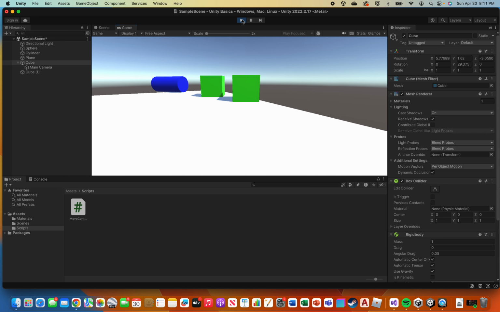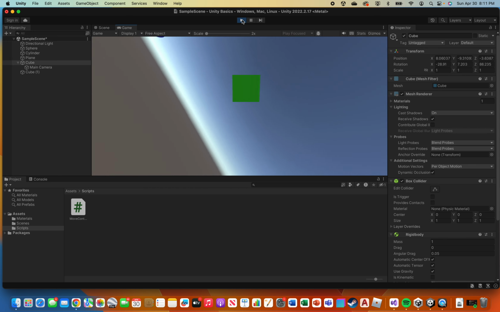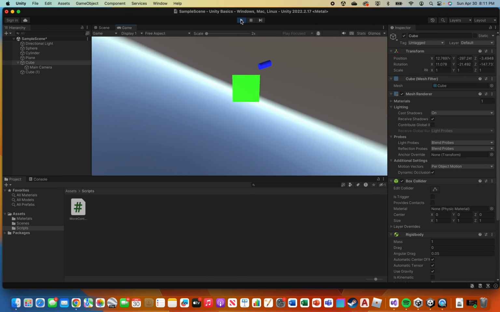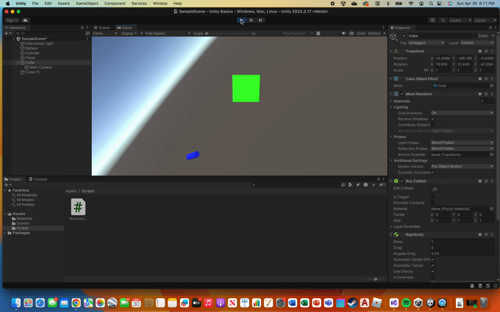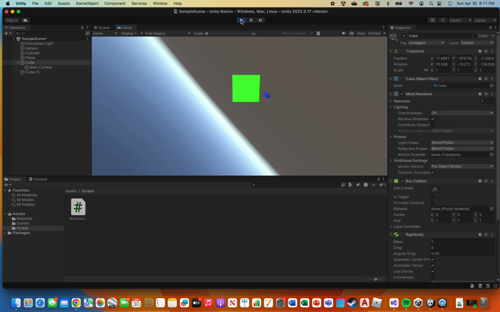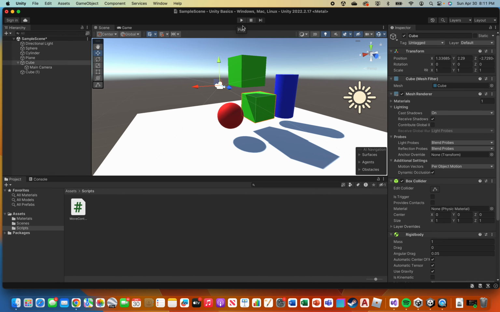And if we fall off the edge, we get this sort of effect where we are falling with the object, and we're actually just going to fall forever because there is no ground and we are in space, and it goes on forever. It's like falling out of the map of your favorite game. So that is a cool little thing you can do to link the two to create a parent